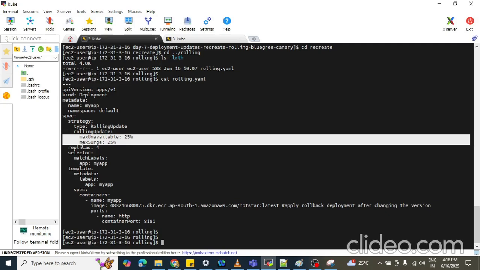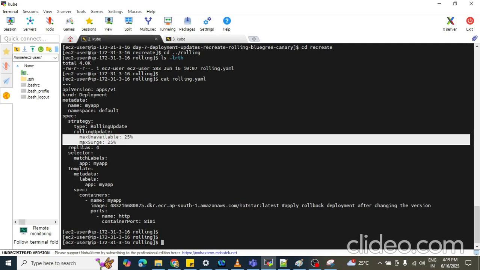while we are updating our application with the help of a rolling update. What is the meaning of maxSurge? It means that we may run up to 25% extra pods above the desired count during the update. It means we can use a maximum of 5 pods.